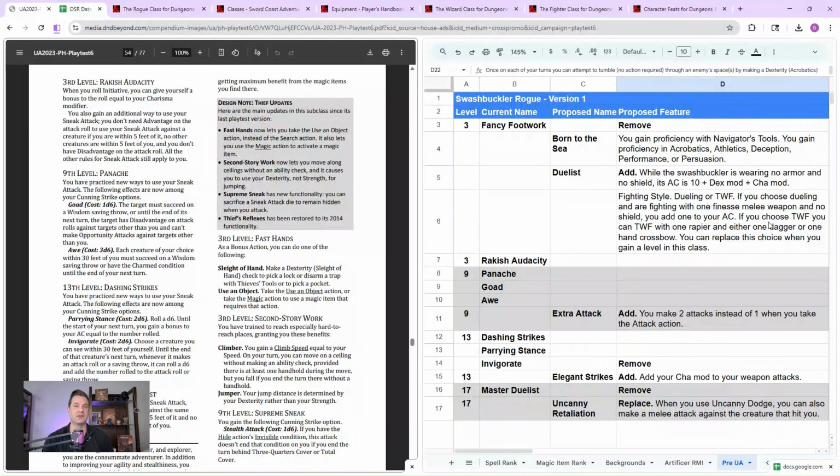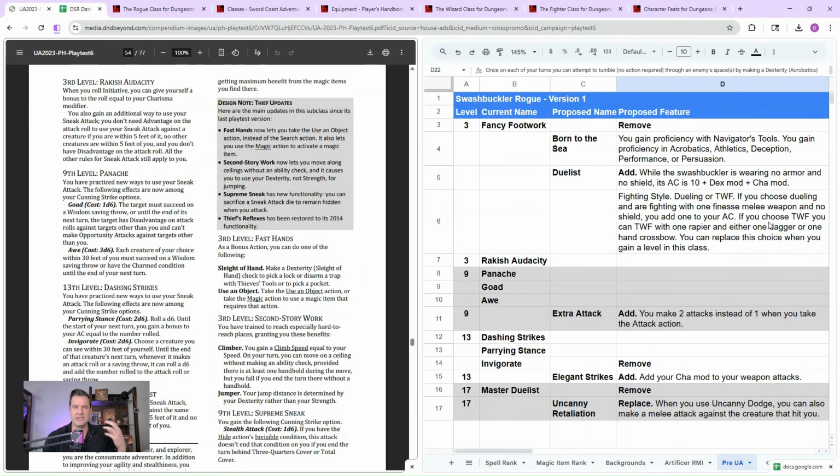And I know some of the other classes that don't have extra attack as part of the base class are getting extra attack as a subclass feature about this time. But the Bladesinger and Valor Bard both get the ability to replace one of those attacks with a casting of a cantrip. We're not a caster, so we can't do that. So getting those two different options for Cunning Strike, neither of which are very powerful, feels like a good balance, right?